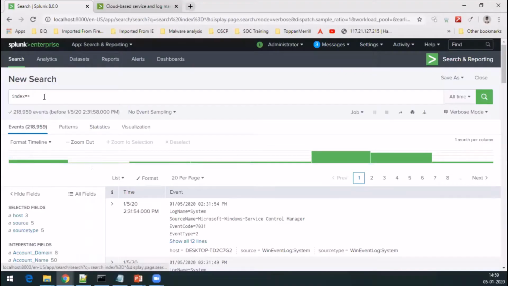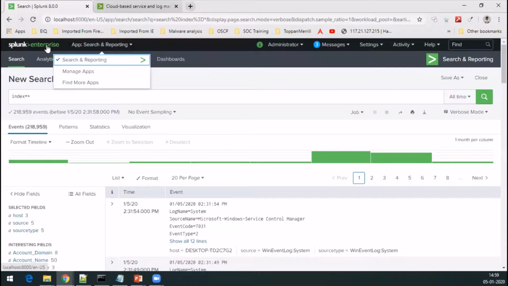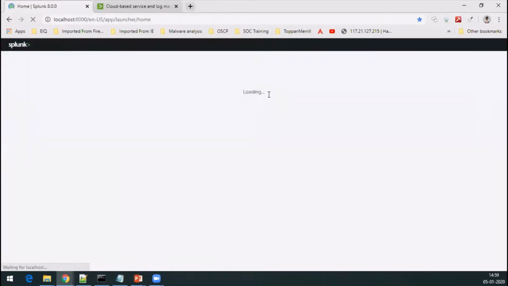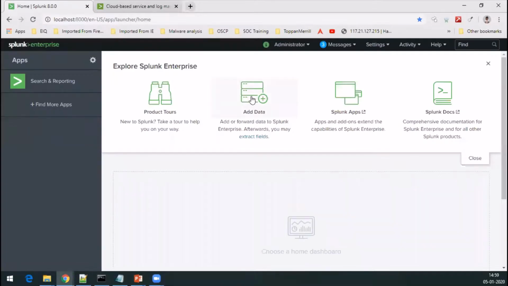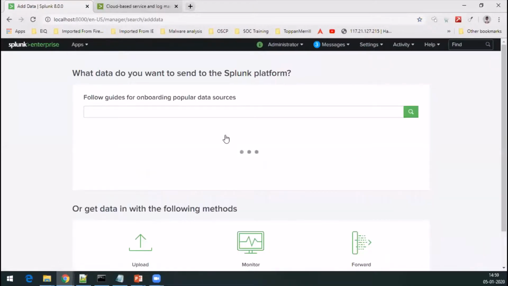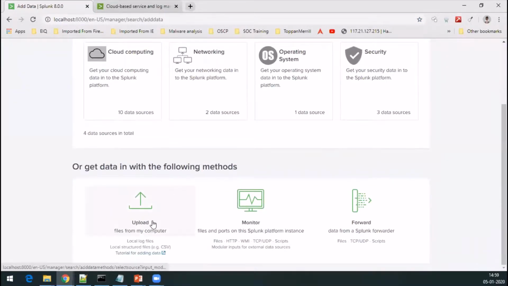So when I say that, your typical UI would look like this, and I have gone ahead and said that I would add my local host data. I can add my own laptop or desktop data, like Windows logs, to my Splunk instance and say upload from my computer.